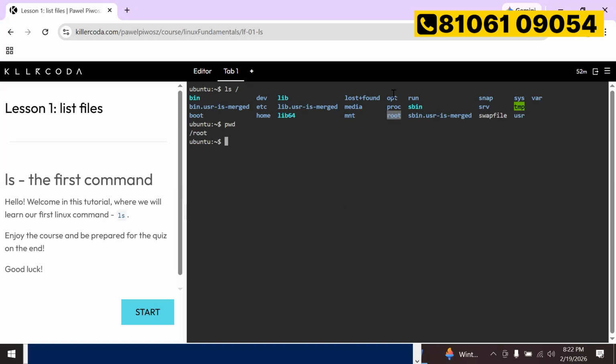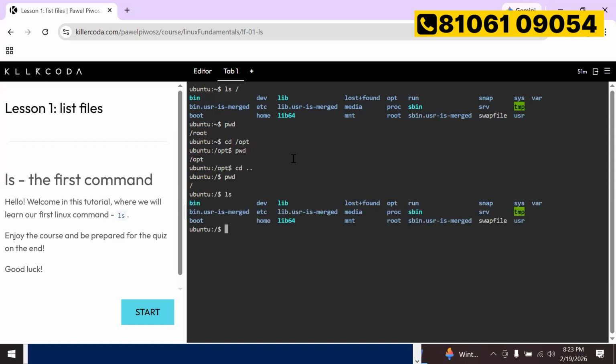Now I want to go to opt, suppose. I can say cd opt. Is that right? No, because I have to say cd /opt. My parent is / for everything. So I can say cd /opt, and now we are in opt. cd means change directory. If you want to come back, you can say cd .. and now you are in /.